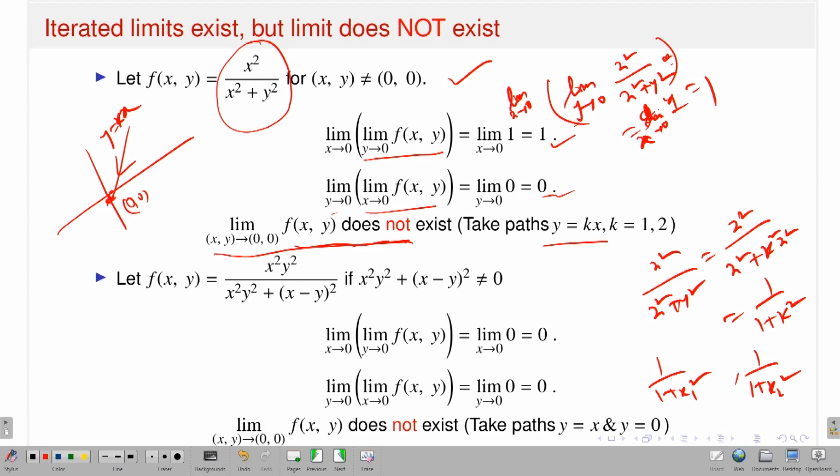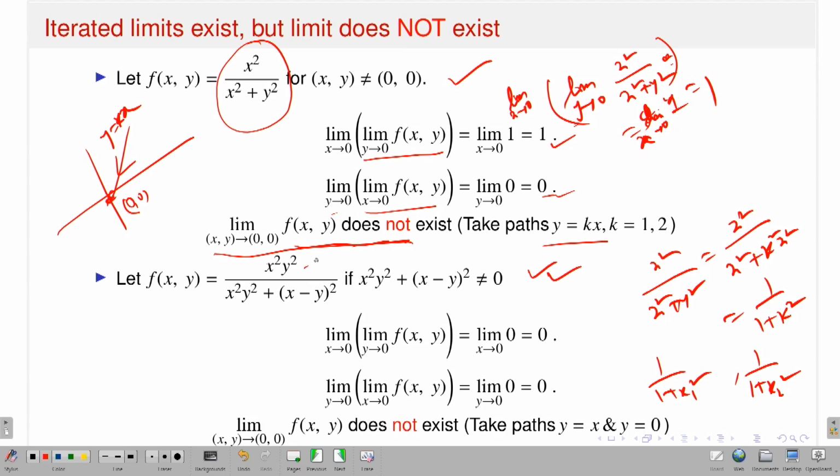Because I know that if the limit exists whenever I approach the point from whatever direction, the value of the limiting function should also be the same. Here it depends on the direction, and therefore the limit does not exist. This is one example. Another example, take this kind of function, f of xy is equal to